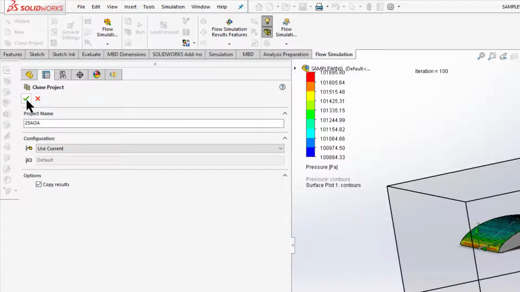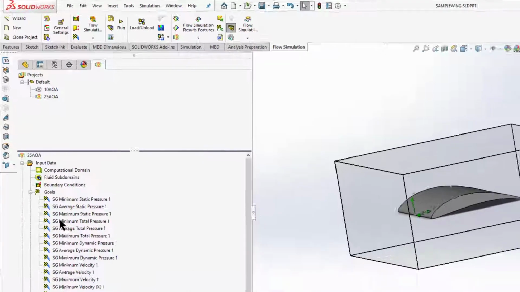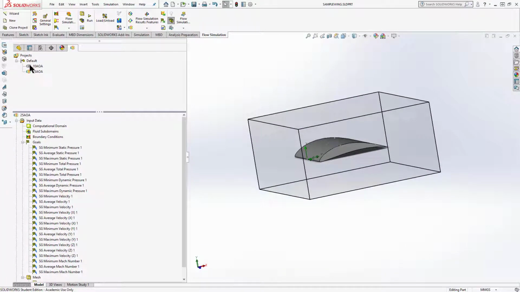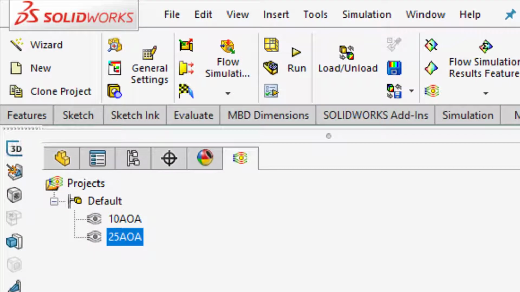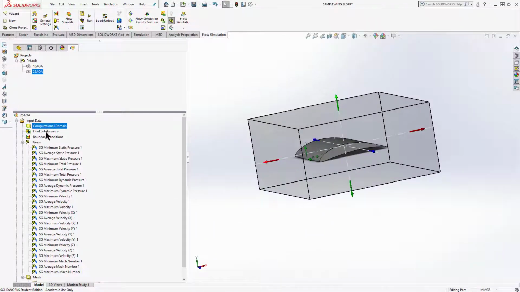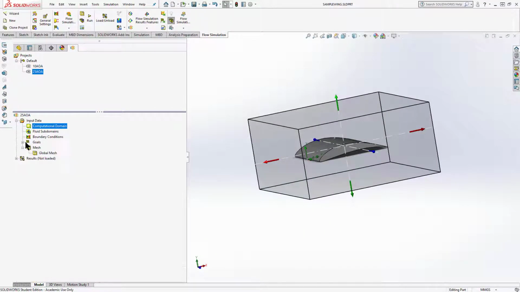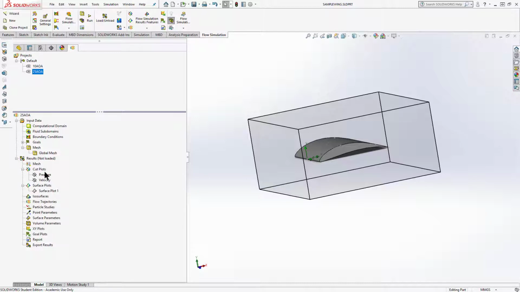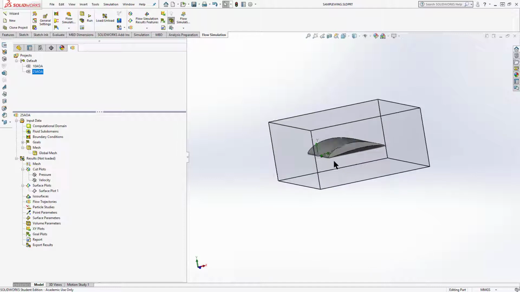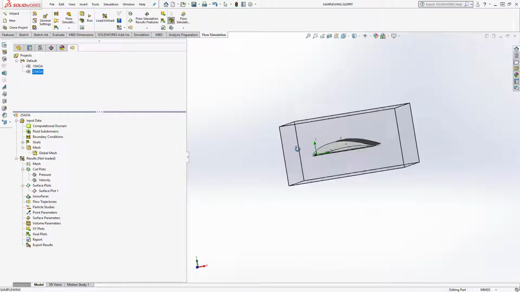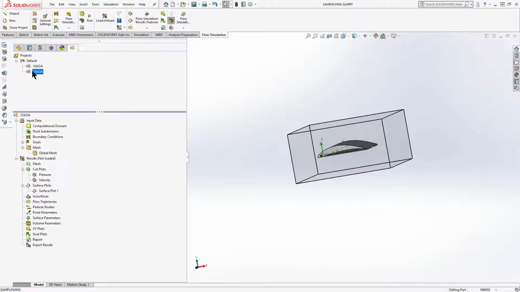And I'm going to copy the results. Now notice what I have down here. I've got two different studies now, and it copied my computational domain, it copied my goals, it copied everything, even the results. But notice it is not loaded because I haven't run it yet. So let's run this, but first let's change our initial conditions. Because we've got this highlighted right here,